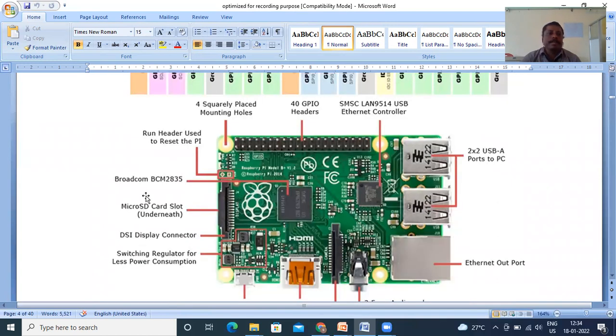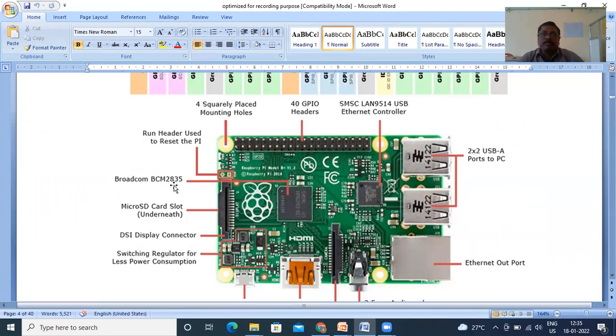It has a Broadcom BCM IC, which inside consists of the ARM processor, and a micro SD card slot for inserting the SD card. This SD card holds the operating system